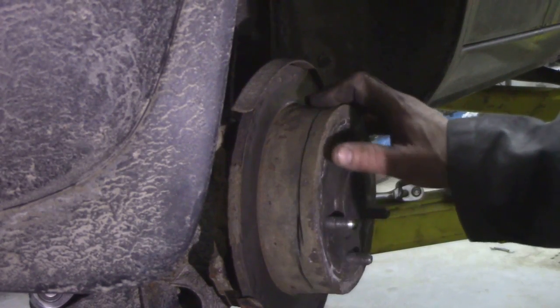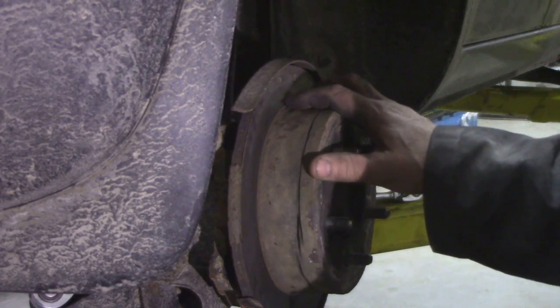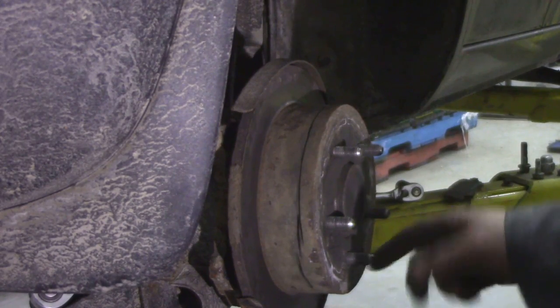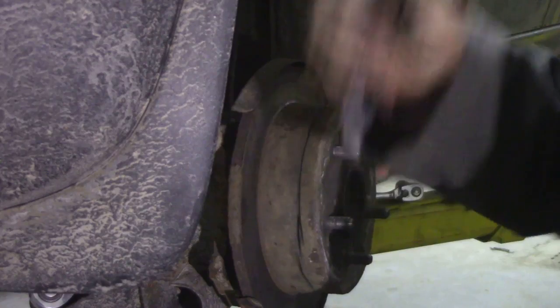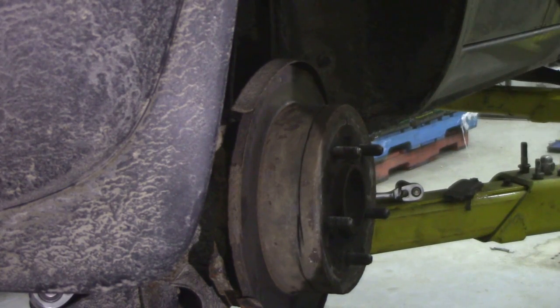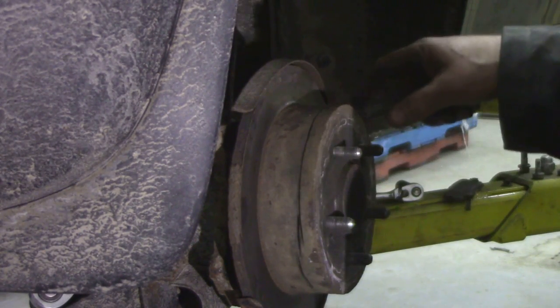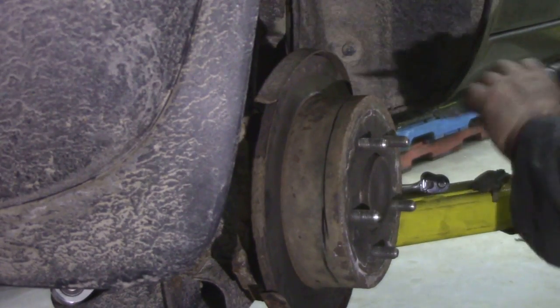On this side, the brake drum, the disc, just won't come off. The adjuster's seized up solid. I can't get a pry bar in. I've tried hammering it from this side. So safety specs on, especially for this side. What I've done is I've cut a groove all the way around it with a disc cutter, and now we're going to try and get it off